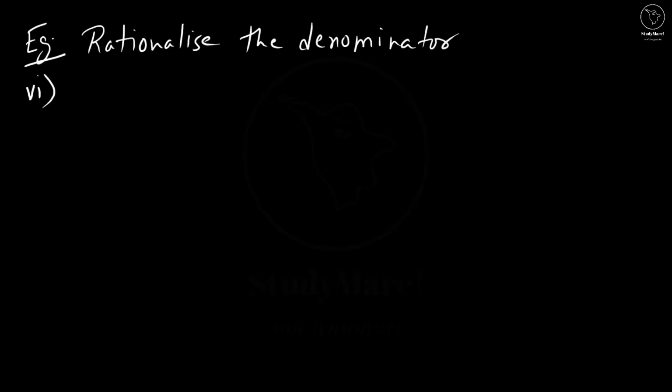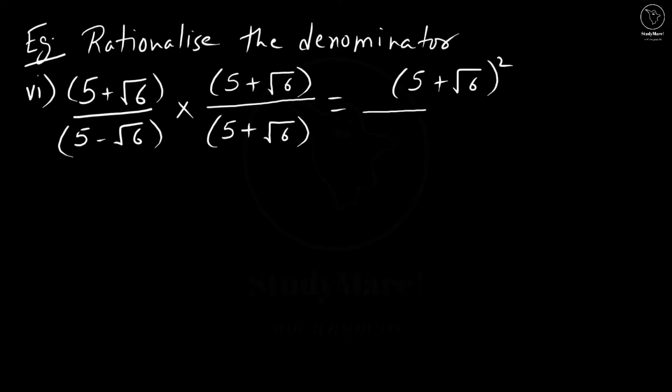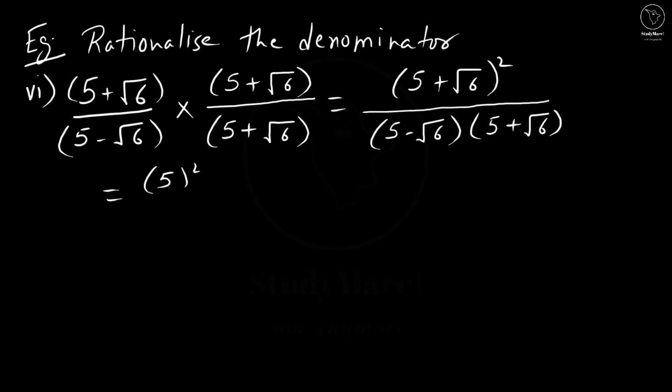Let's move to our next example, which is (5 + √6) divided by (5 − √6). The rationalization factor here is 5 + √6. So we multiply it into the numerator as well as the denominator. We get (5 + √6)² divided by (5 − √6)(5 + √6), which equals 5² + (√6)² + 2 × 5 × √6,